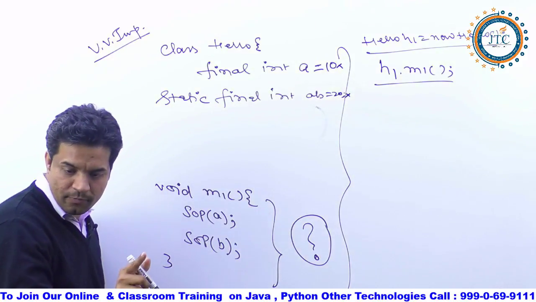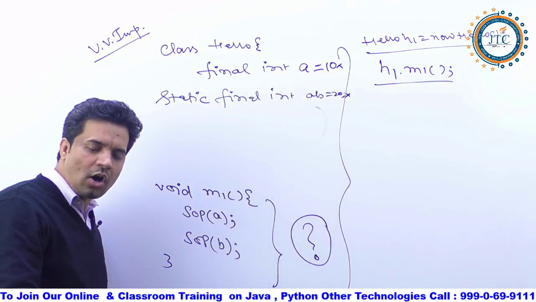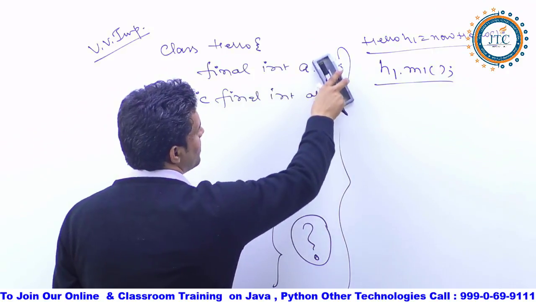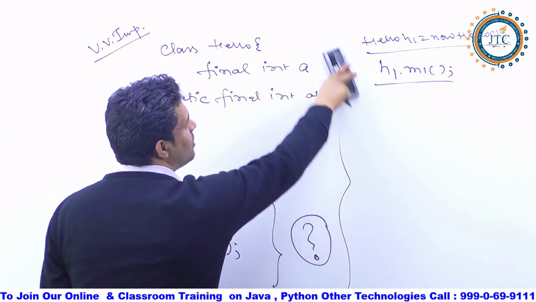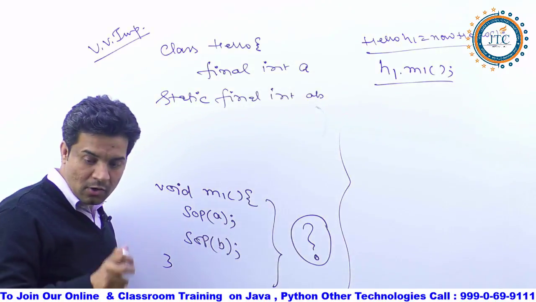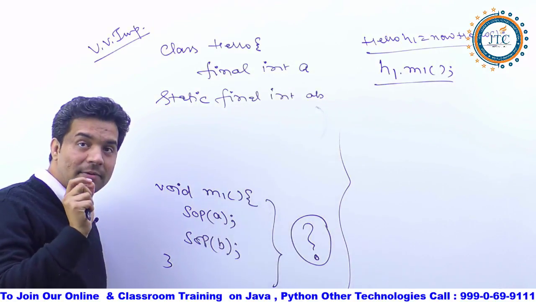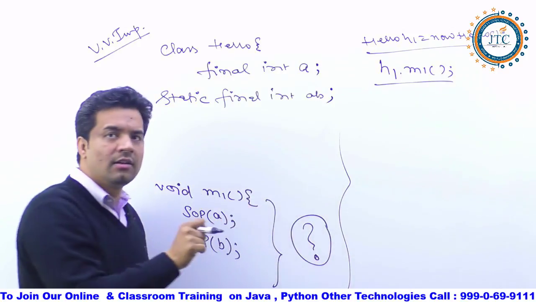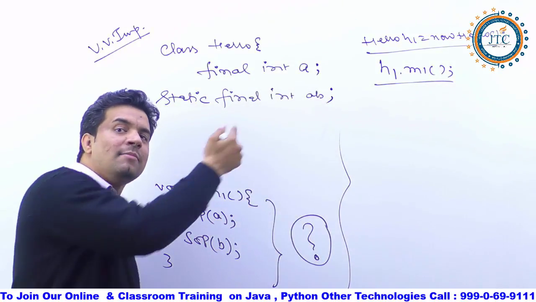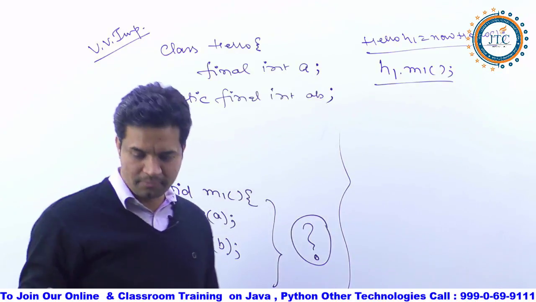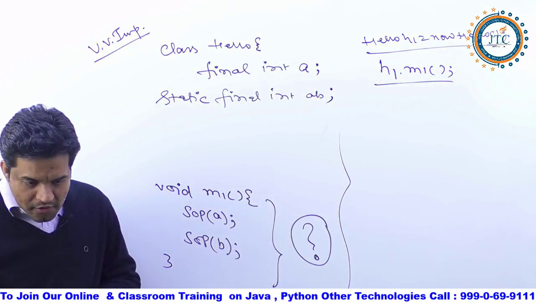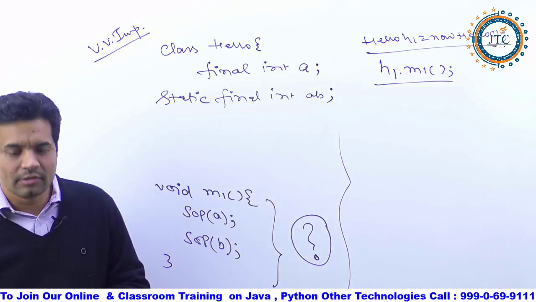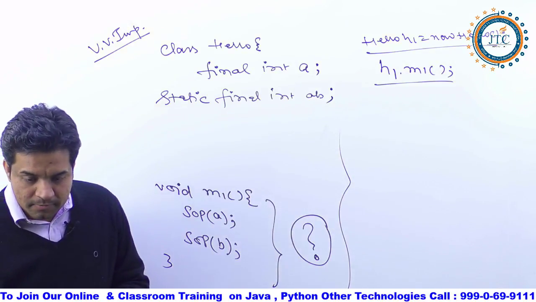Now, did you understand it? The first option, all of you have given the very correct answer, that it will give the error. Yes, of course it is going to give the error. Very good. But my question is not only whether it gives the error or not. My question to you is, boss, I want to initialize, but not at the time of declaration. I want to initialize it later on. So how will I do this? It's a very initial question. How shall I do this?